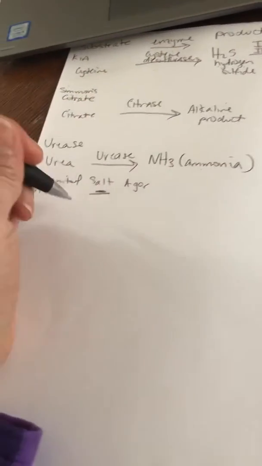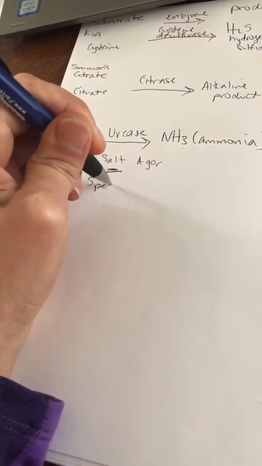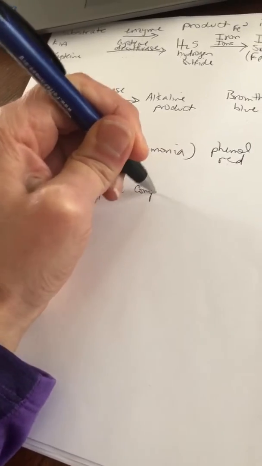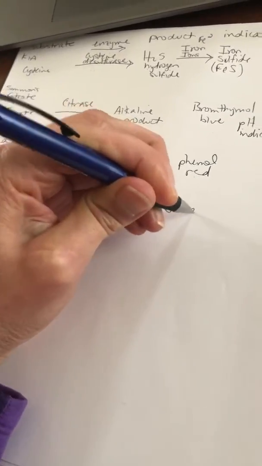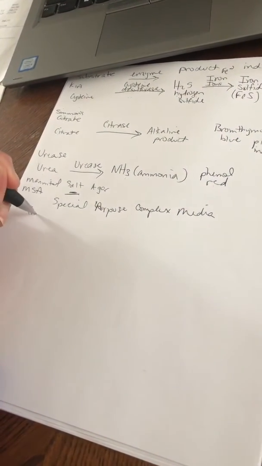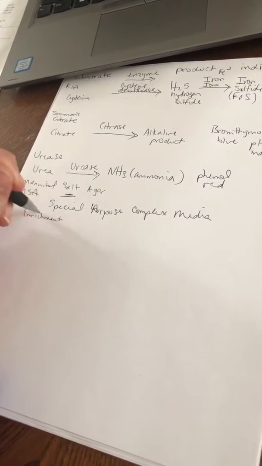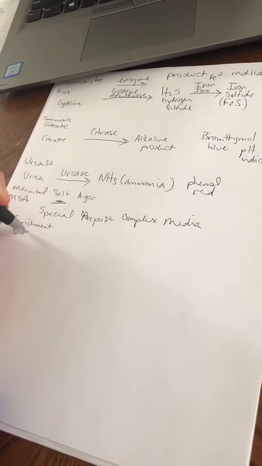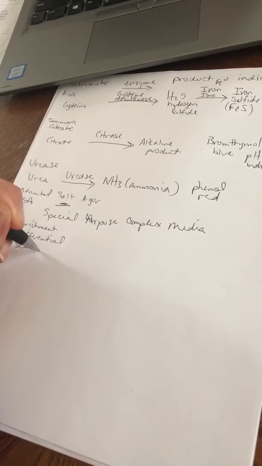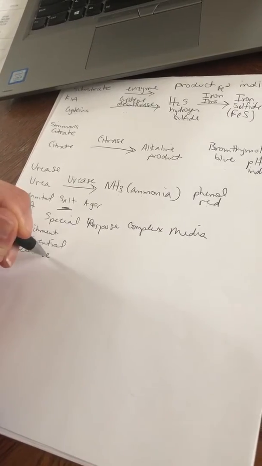So mannitol salt agar is known as a special purpose complex media, and we're just going to write some stuff out here to help you understand this. So it's a special purpose complex media. And there are 3 different types of special purpose complex media. There's enrichment, differential, and selective. And you learned about this in lecture quite a bit ago, but now we'll get to see it